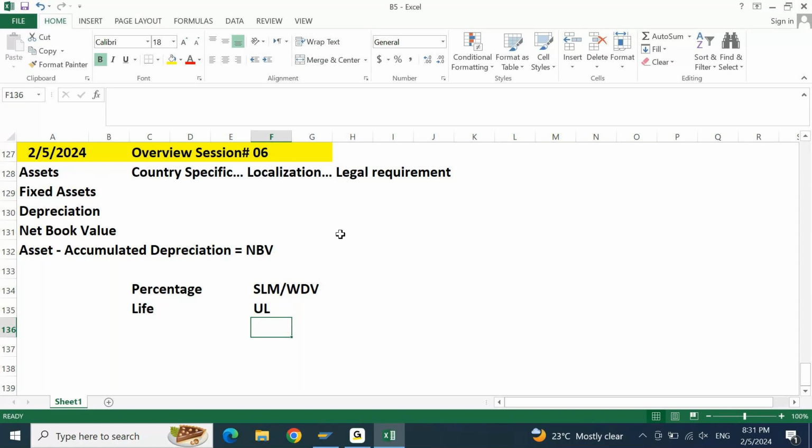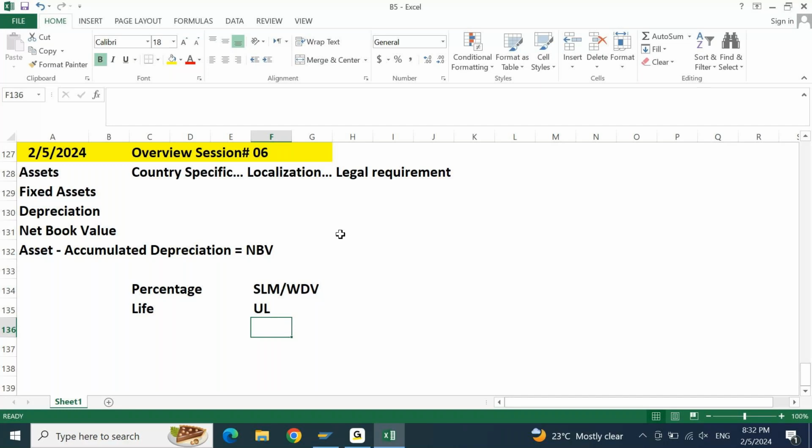Make sure if you take a simple number, you are able to compute the calculations. Simple round figures you take. 100 is the asset value, 10% is the depreciation. 100 into 10% is 10 rupees. On 100, 10% gives 10. Am I going to put this 10 annually or monthly? You need to understand. Depreciation is always calculated annually, posted monthly. This 10 rupees I am not going to post in 1 month. I will divide it over the total year.